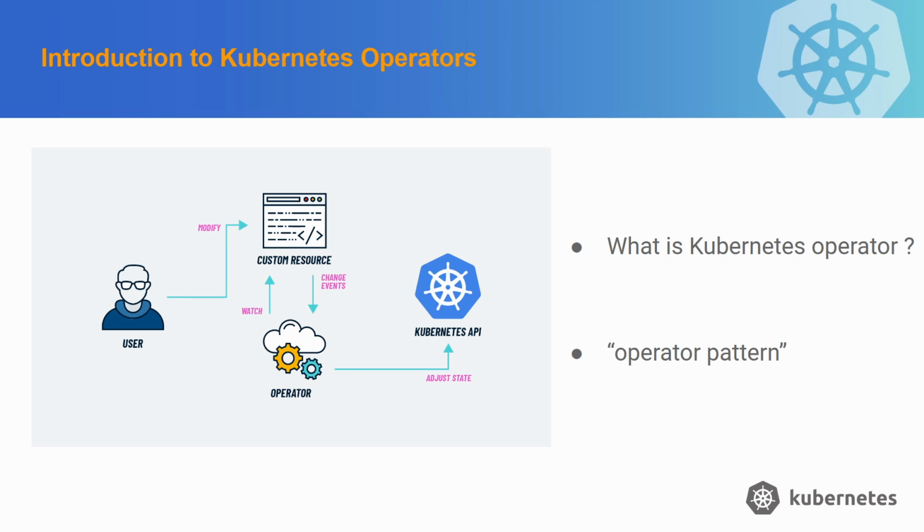So what does the Kubernetes operator basically do? It watches the mystical term, the custom resource definition, and does what's written there. We have a custom resource, it sends events, the operator watches it and adjusts the state, and everything else is done by Kubernetes. So you expand core Kubernetes with the operator. That is the operator pattern.